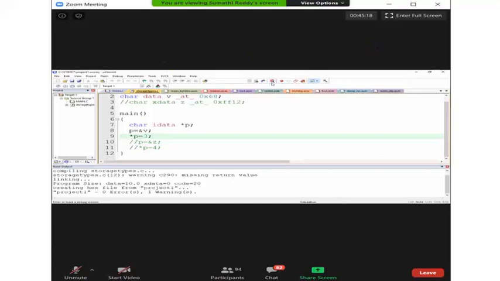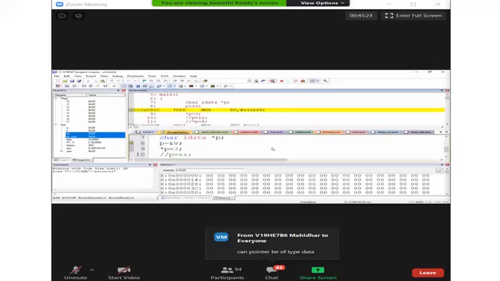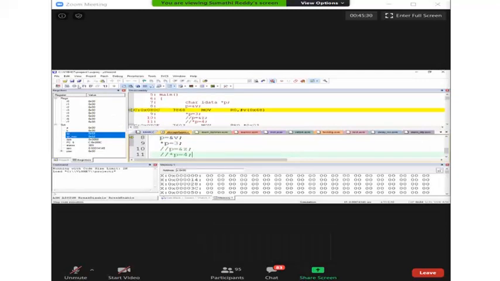So now let me go with the code generated. Here, see your variable 68. This 68 address is copied into which register? R0.